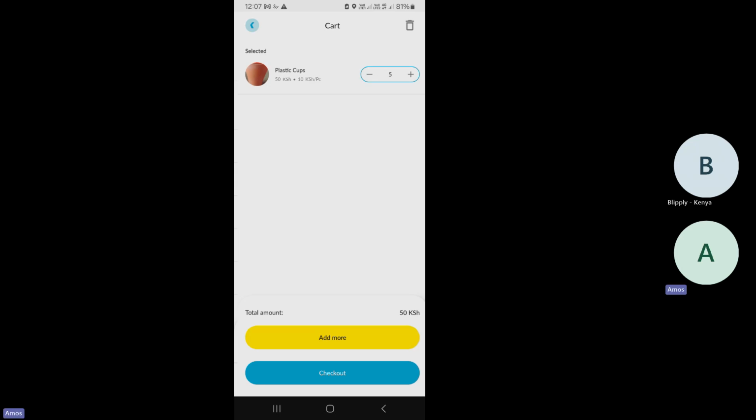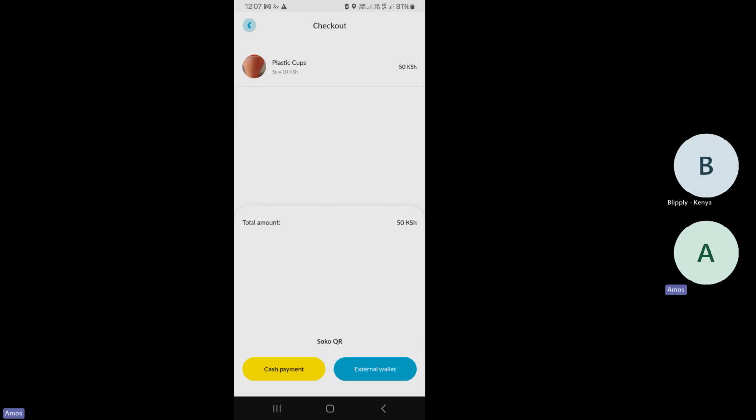We're dealing with the checkout. So I was explaining about the QR code. You can see it again. If the client has the Tcash app and they scan this QR code, they're going to pay you directly to your wallet. So they don't have to keep on entering pay bill or business number. They don't have to do all those things. The QR code will just send the money directly into your Tcash wallet.